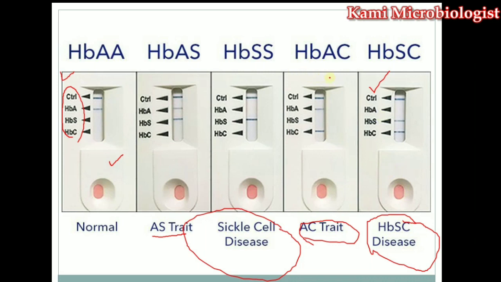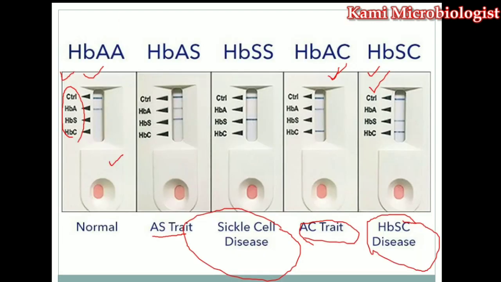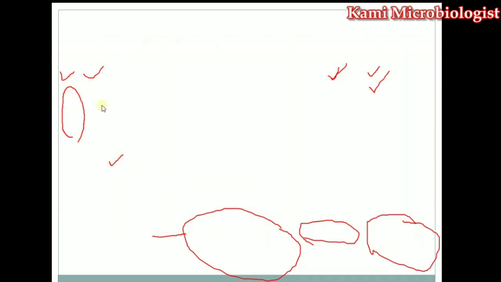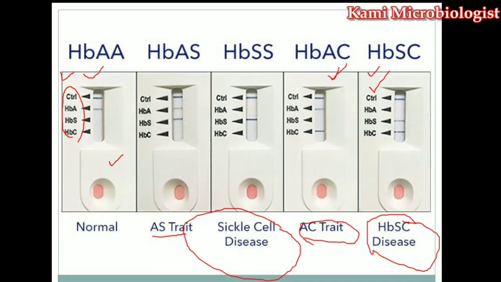Using these strips, after almost 5 minutes it will give you the report. So after 5 minutes you will watch the bands in this strip. This is the rapid method while performing the sickle test. Now one more thing that I must tell you, remember guys, this is just an indication of whether we have sickle cell disease. Using these 3 methods, we just check whether we have a positive or